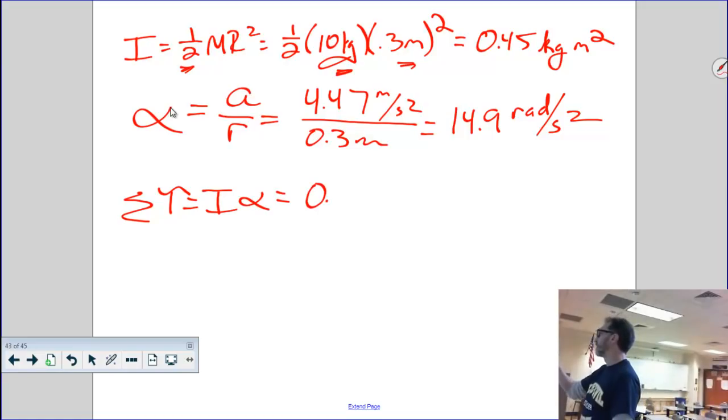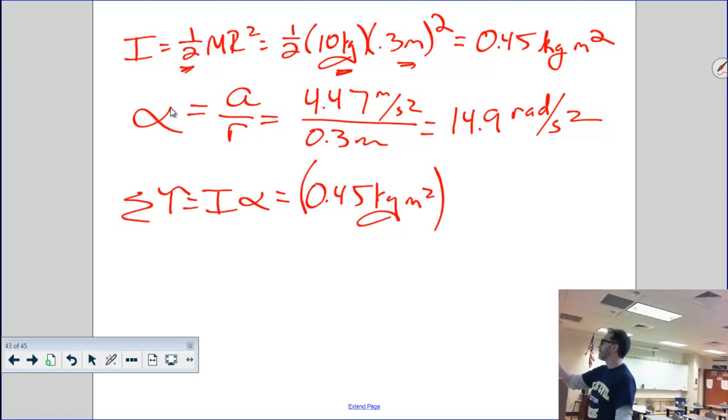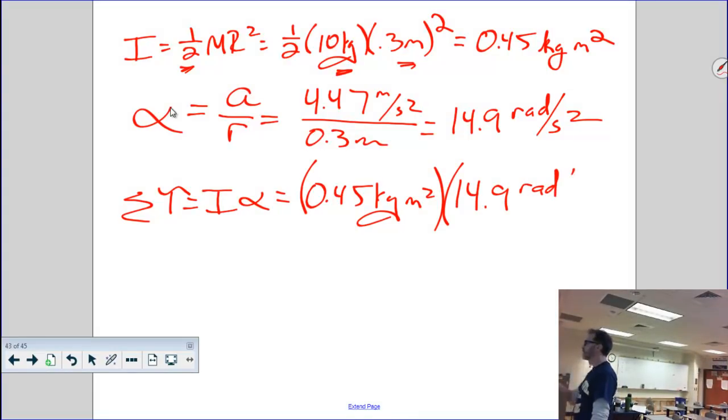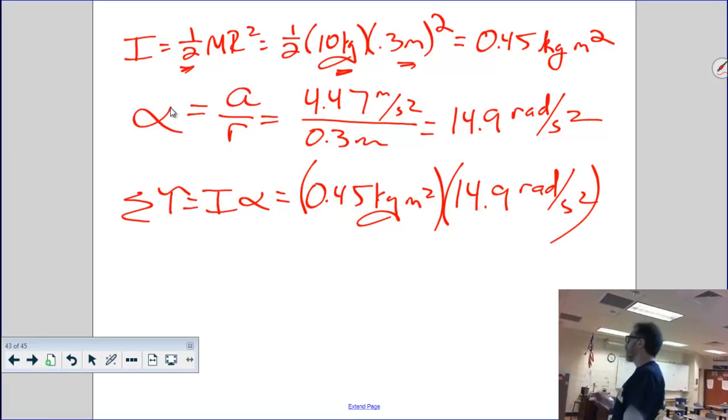So we're going to have 0.45 kilogram meters squared times 14.9 radians per second squared. All right, so remember,